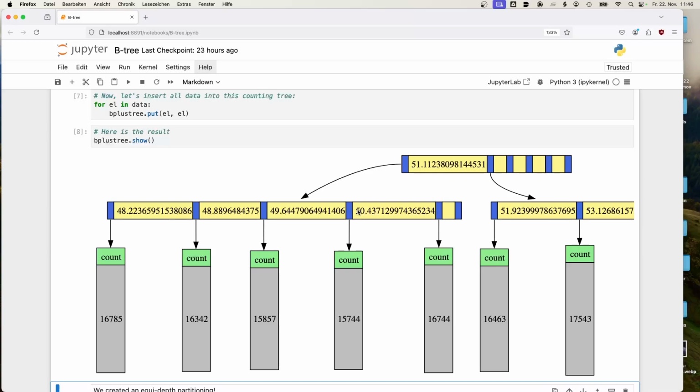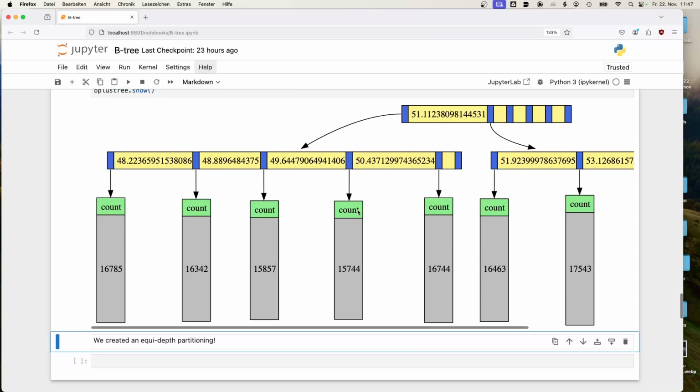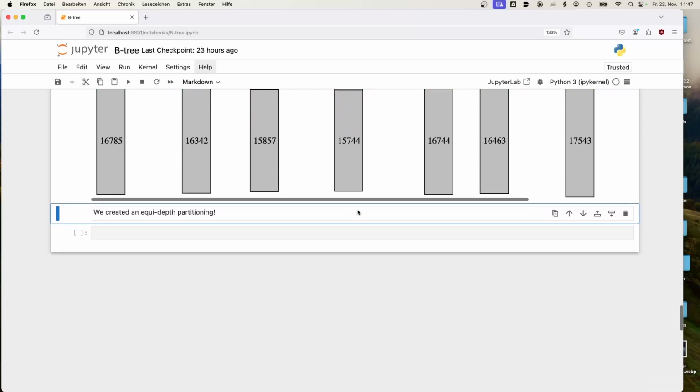If you didn't do that and blindly partition using a not so great partitioning function, you would end up with file sizes where one is 1 gigabyte and the other 1 megabyte and the other a terabyte or something like that. Yeah? So with that, you can create a partitioning where the files have roughly the same size. That's a very neat technique that you can use here with a B-tree. Okay,